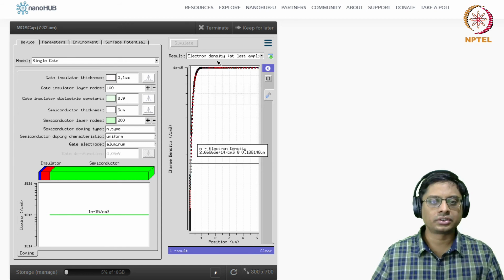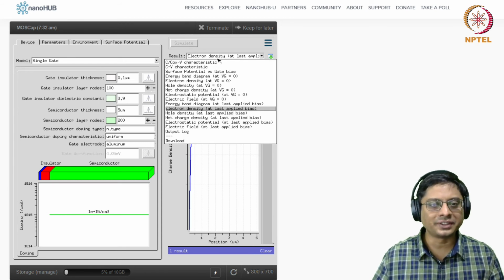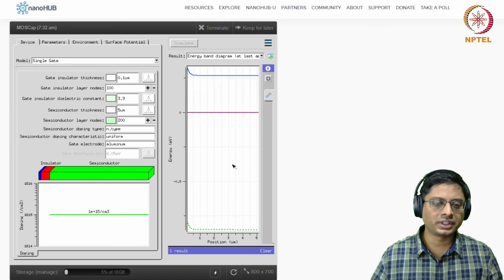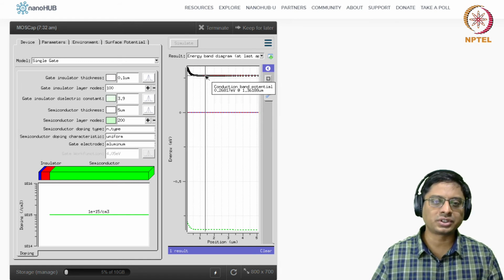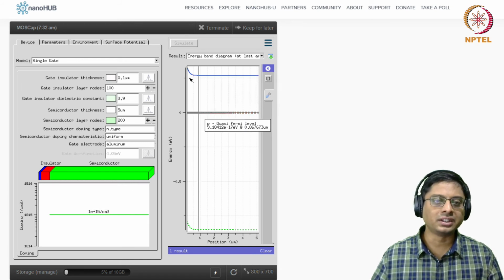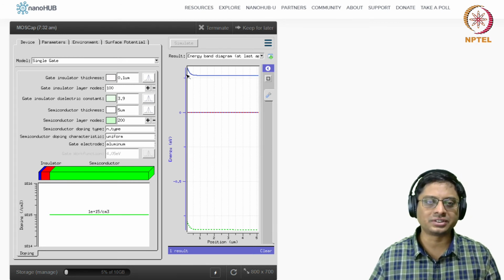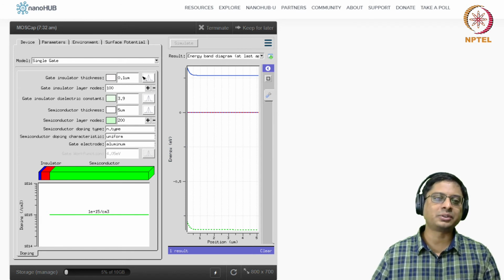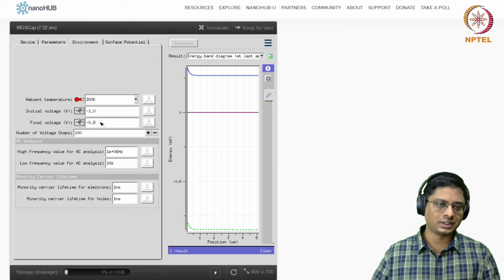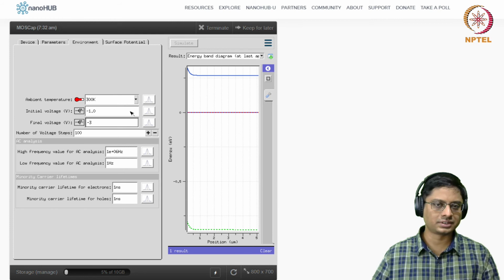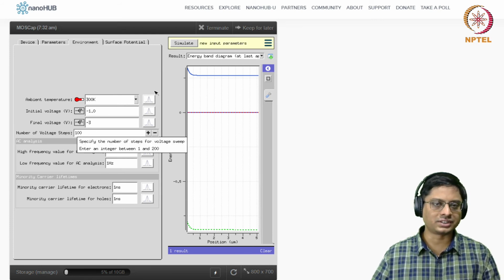Okay. So how does the band look? The easiest way to identify what mode we are running in is basically looking at the band diagram. So you see here, okay, this is an N-type semiconductor. So this distance should give you the doping density of 10 power 15, and then we have slightly depleted it. We have not really applied a gate voltage enough to invert it. Okay. So if you want to invert it, we'll have to go to large negative voltages. That's fine. Instead of this, I'll go to minus 3 here. Let's check it out and see if it inverts.